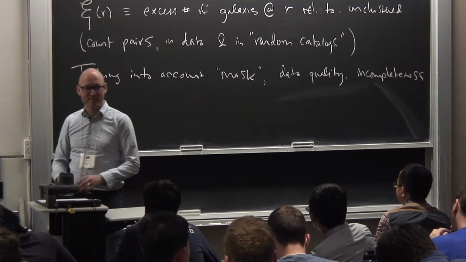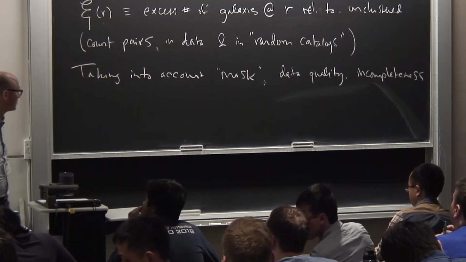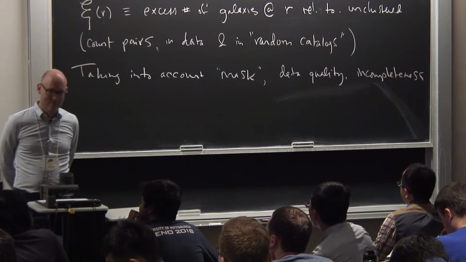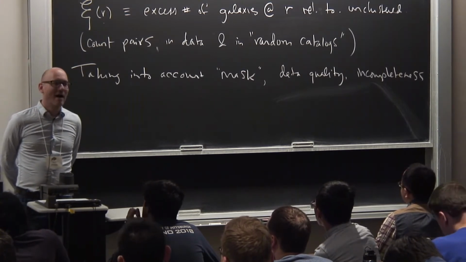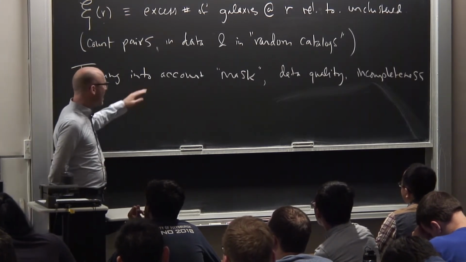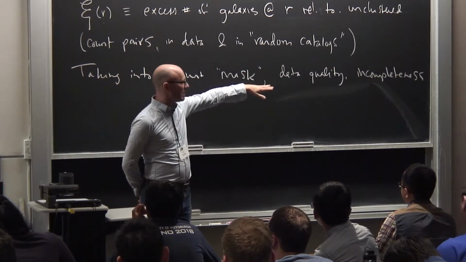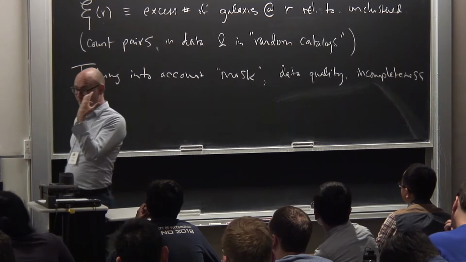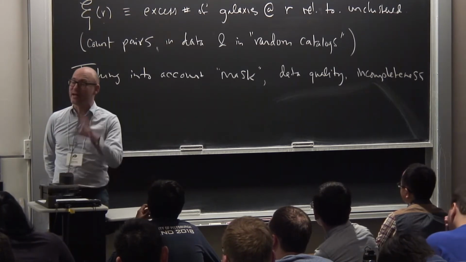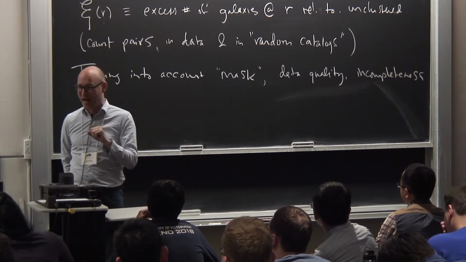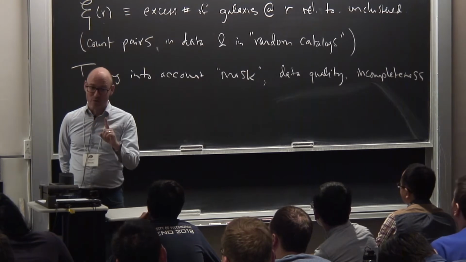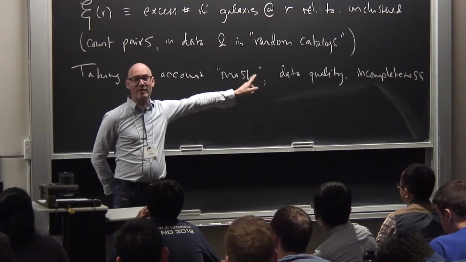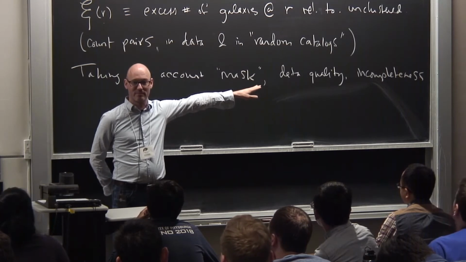Yes, hit me. If you apply these kinds of things to your random catalogs, and then you take the ratio, do the uncertainties associated with those cancel? The question is, if you apply issues with your mask and data quality and incompleteness to your random catalog, does it cancel? Do any uncertainties in those things get canceled out? The answer is no, they don't. If you are wrong about these things, you get wrong answers.